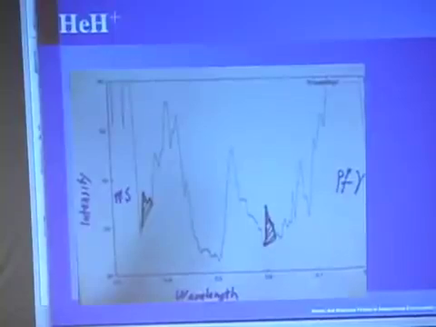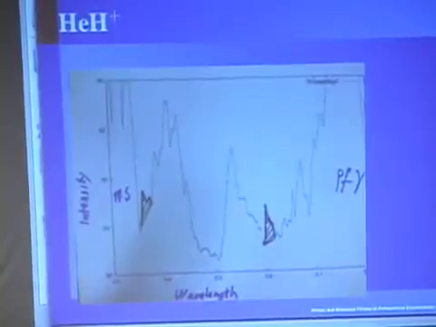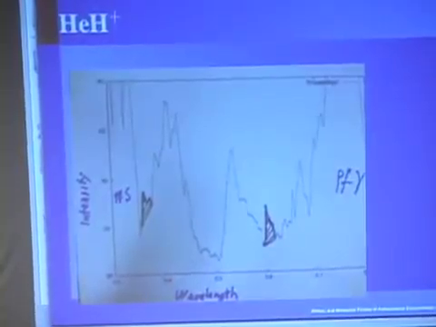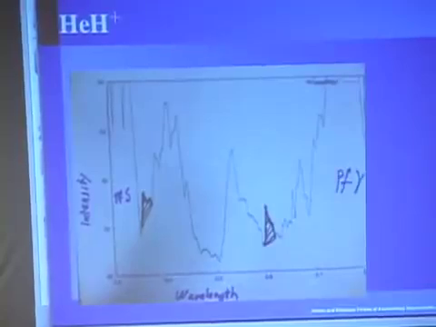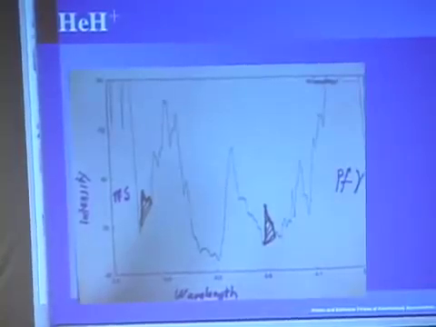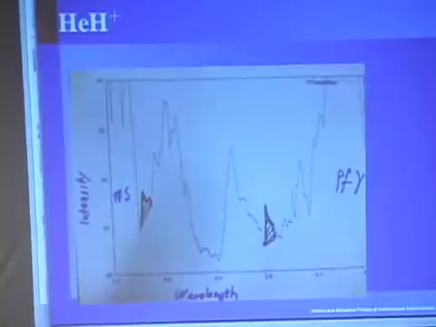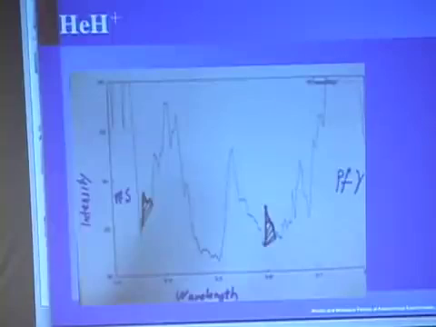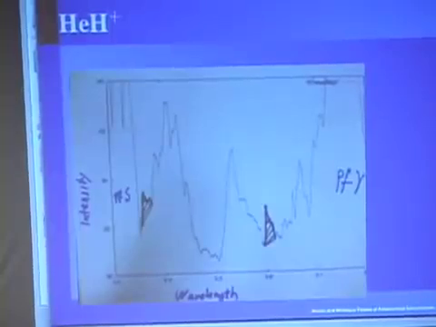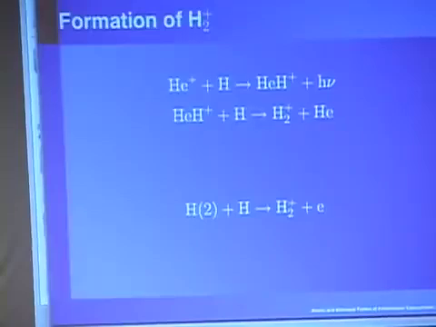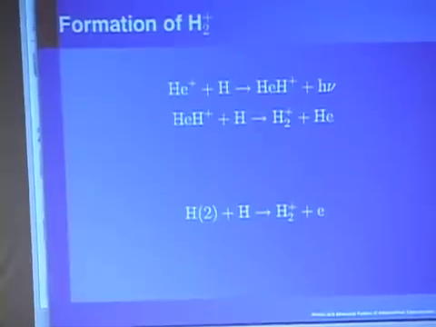And Alex asked me, well, what about these lines here? What's this line and this line? And they were actually unidentified at the time. And so he said, well, it's going to be hard to convince people that you found HeH+ if you don't know what this is right next to it. But he said he'd take it along, and he took it along to University College London, talked to Tennyson, who was working on H3+, and in fact, we had modeled H3+ as well.